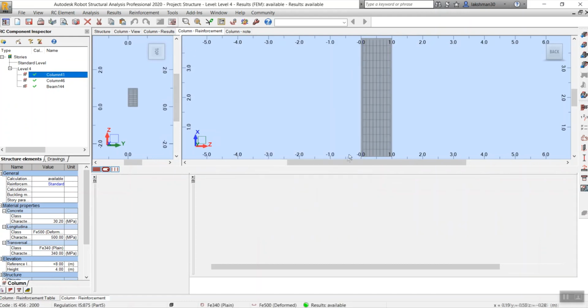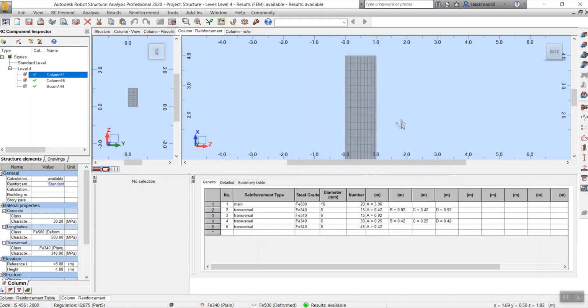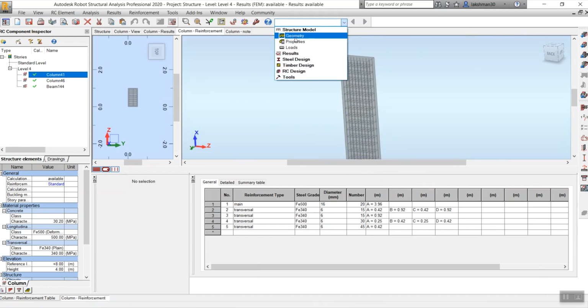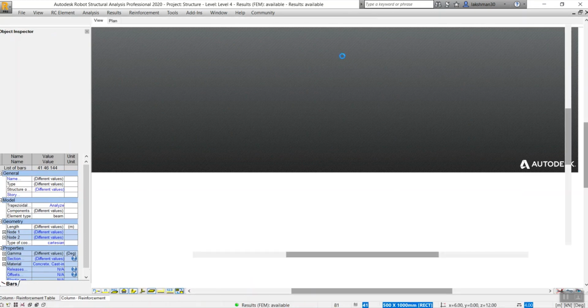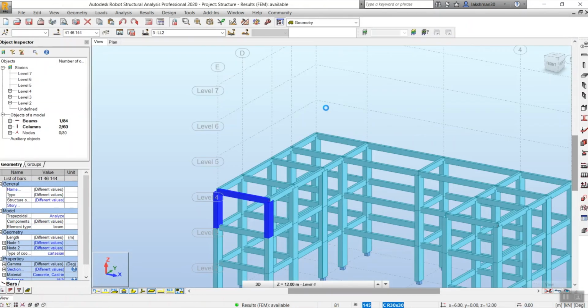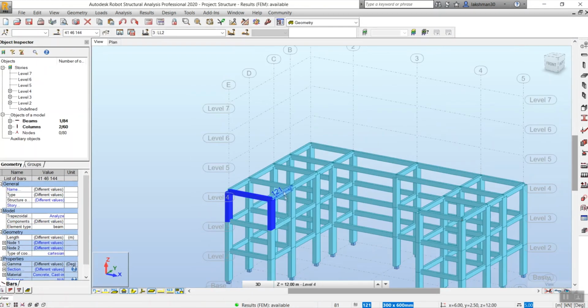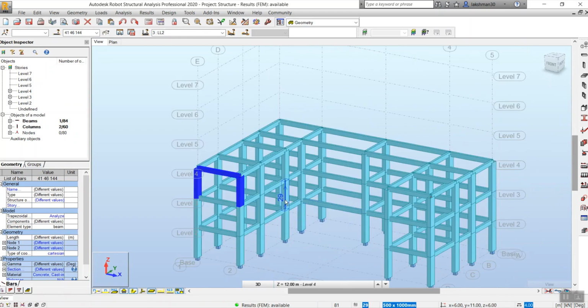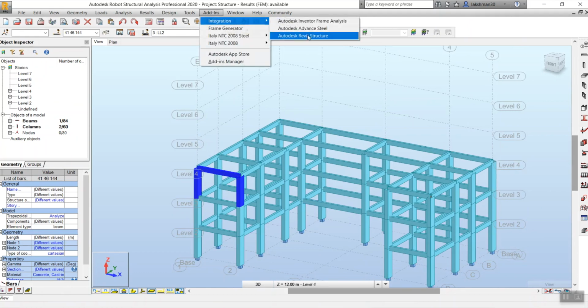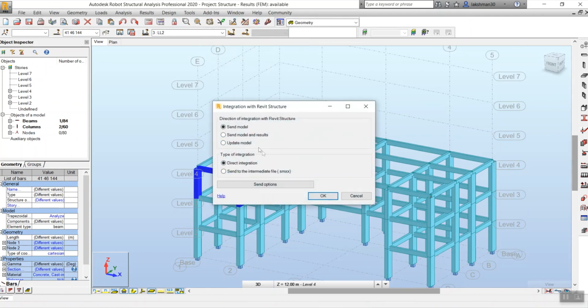Now let me go to the start. I will save this model again, so that I don't repeat the mistake of not saving before. You can go to your add-ins, integration, advanced, Autodesk Revit Structure.